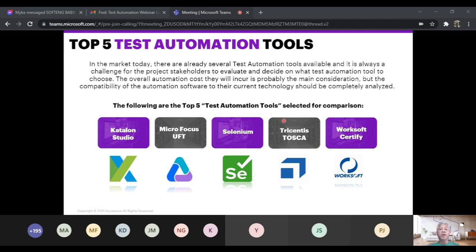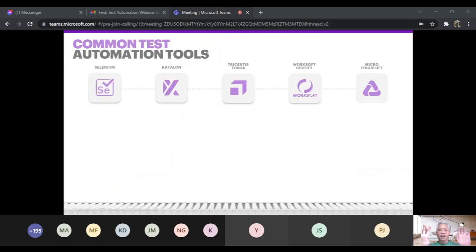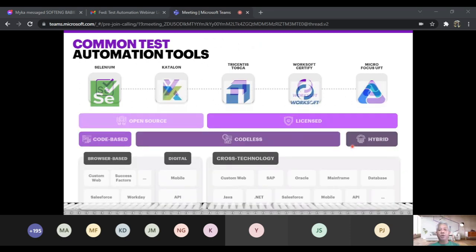These are relatively new automation tools that we are using in most of our projects here in Accenture. The reason is that they are scriptless. There's no programming in Tosca and in Worksoft. To give you a side-by-side comparison: